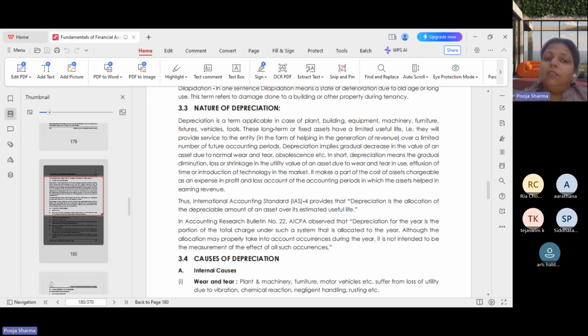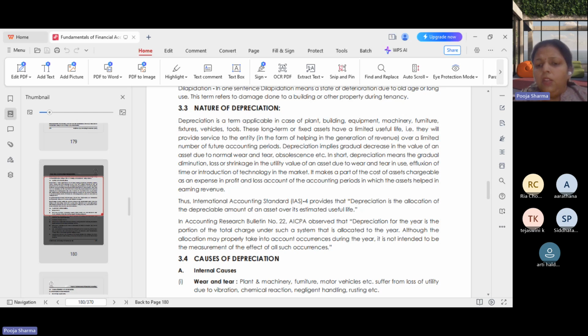IS 16 emphasizes some important technical terms. Please note that. These are the key points about IS 16, not IS 4. It is the depreciable amount that we have already calculated. That is, the depreciable cost of the asset minus its scrap value, divided by its estimated useful life.